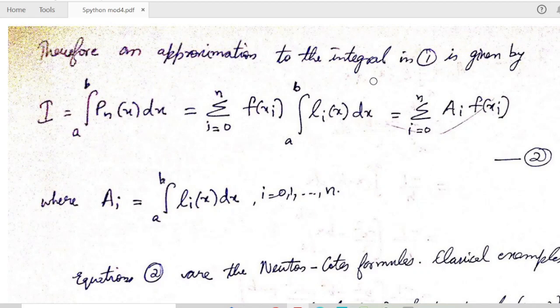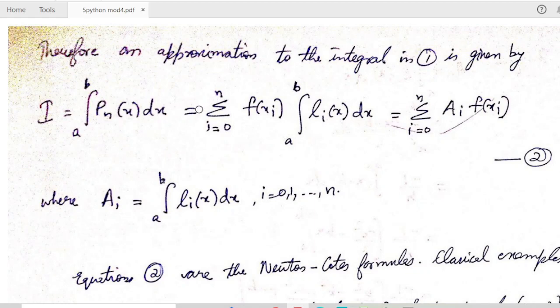Therefore, an approximation to the integral in one is given by the following. Pn of x is an approximation of f of x. So what is our motive? We have to find the integral a to b f of x dx. Since Pn of x is an approximation of f of x, we can replace f of x by Pn of x. So the integral I is equal to the integral a to b Pn of x dx, which is equal to